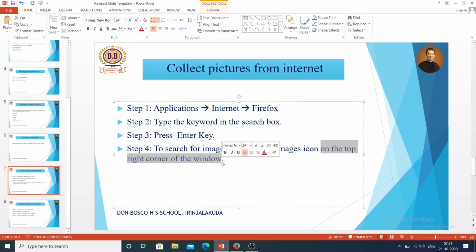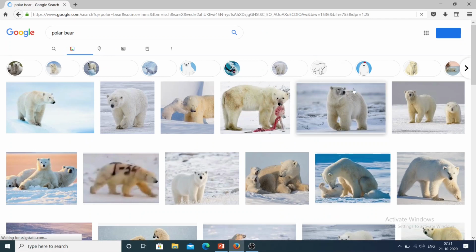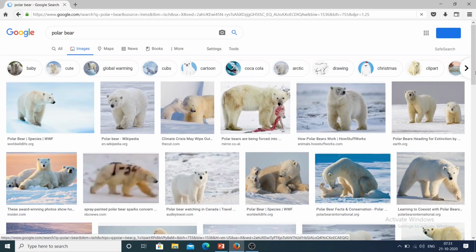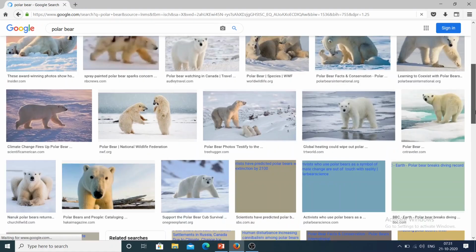Can you see here images icon? Click here. Now you can see so many images related to polar bear.